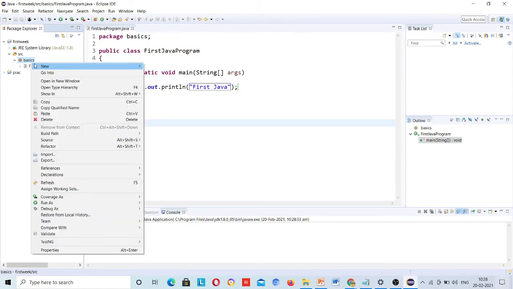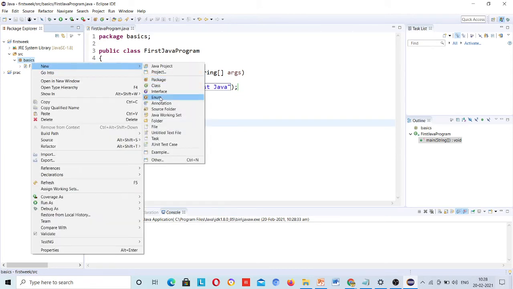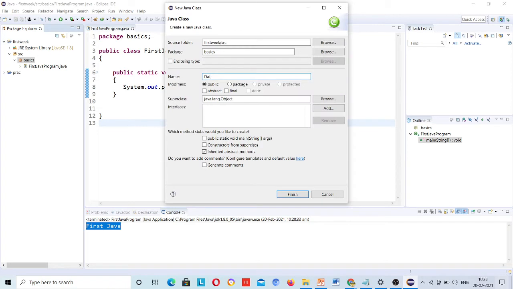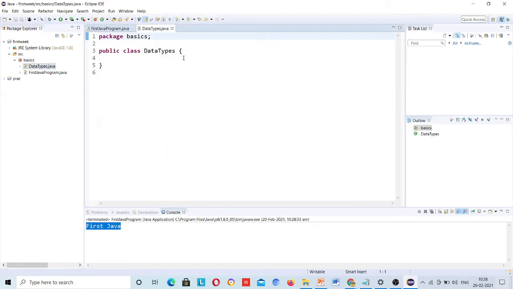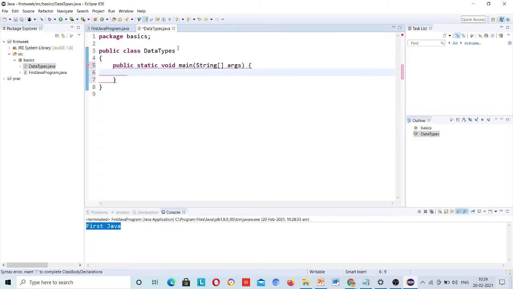Now let me start data types. Okay, this is sufficient to start this. Data types. Here see, I have not created the main method. So how will you create the main method? You have checked over there, right? Once you are creating the class, if you have checked the main method, then it will create it for you. Otherwise, write main, Ctrl+Space, enter, main method created.